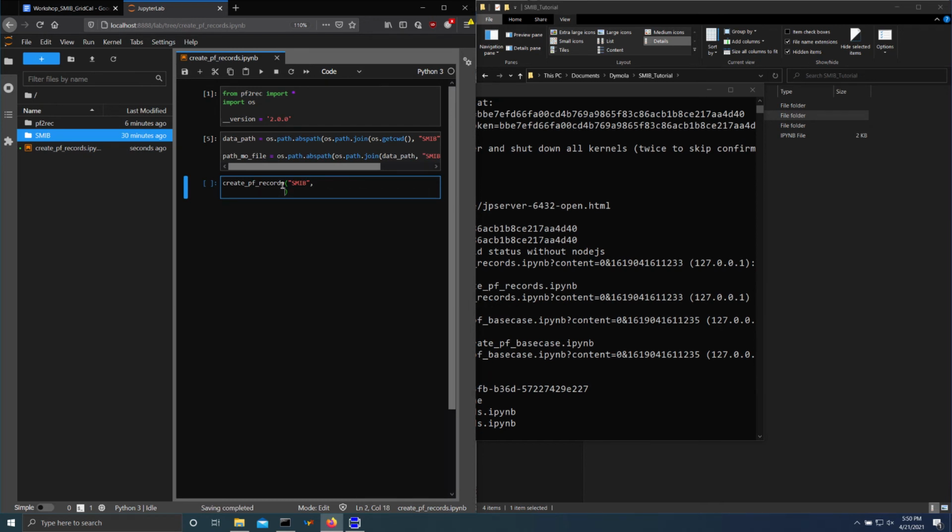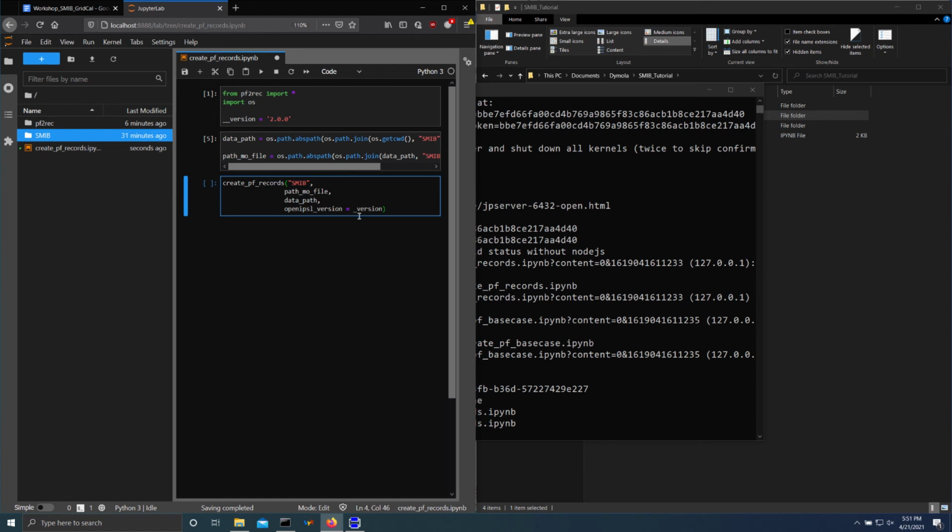The second one is the path to the .mo file. The third one is the path to the data folder, that in our case is the variable data_path. And the fourth one is to indicate the OpenIPSL version. This defaults to 1.5.0, but in our case, since we're working with 2,